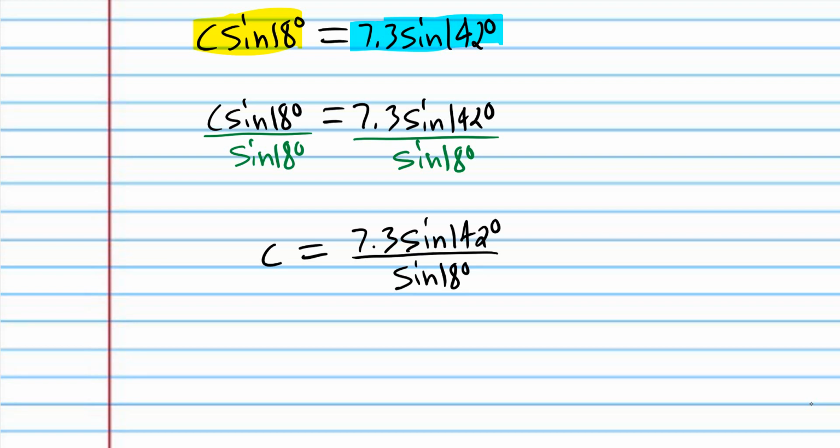So again, if you're using an iPhone, the way that you enter in the numbers and the symbols is going to be very different from a graphing calculator. For the graphing calculator, 7.3 times sine 142 degrees divided by sine 18, and press enter. So 7.3 times sine 142, and then enter, and then divided by sine 18, and then enter. And you should get approximately